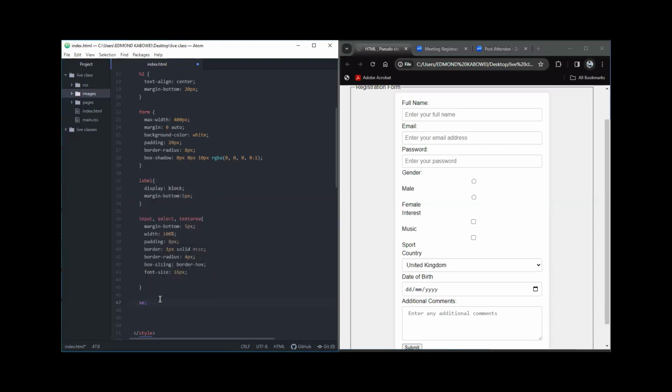Now let's make sure that we are selecting the right element, and this element is the select element. So I want the select element to have a pseudo. Before I start with the pseudo classes and elements styles, I want us to know that pseudo classes are used to define special states of an element. So for example, we're going to have this select element being styled here. Now when we use a pseudo class to define the special state, for example, let's say I want the hover